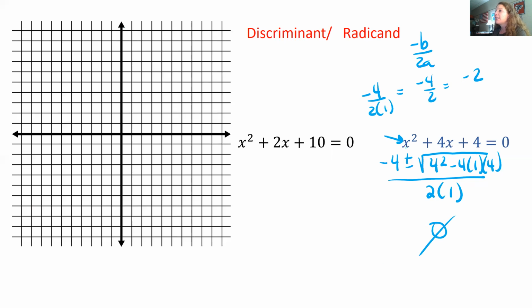So then when I plug in negative 2, I'm going to do negative 2 squared plus